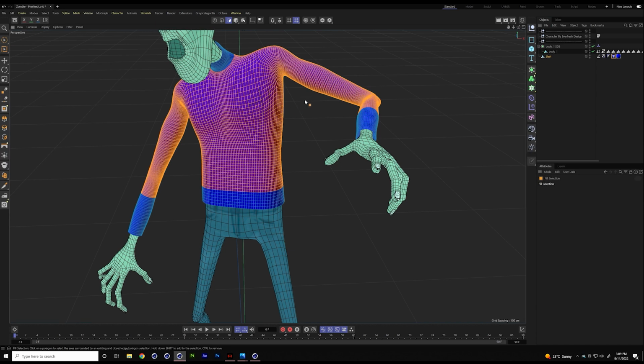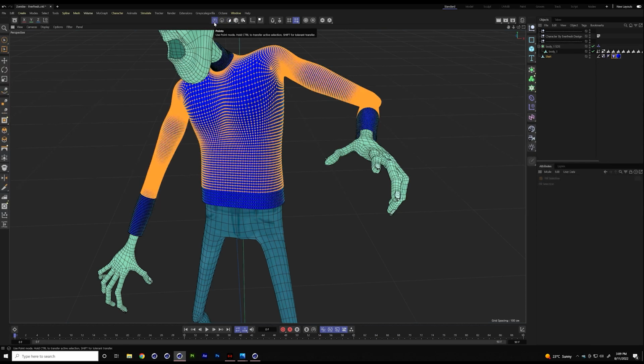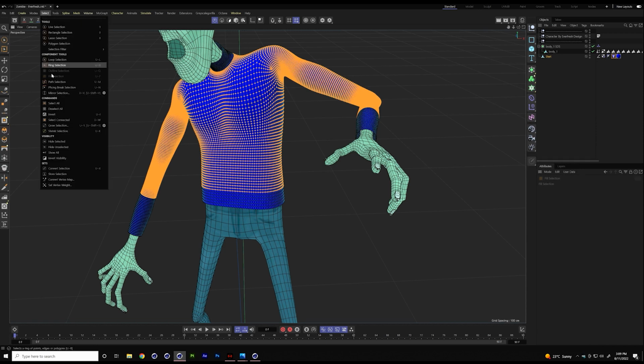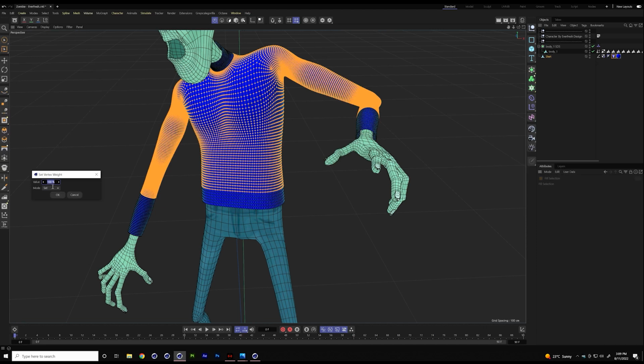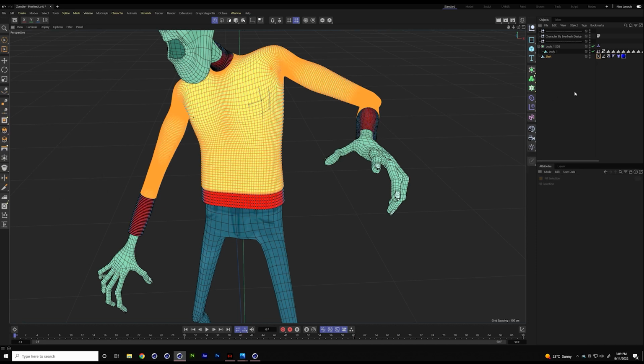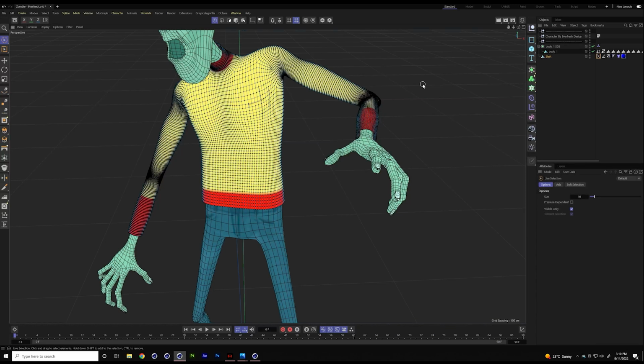How do I assign a value to these now? Well, if you control click on the point when you're in polygon mode, it converts that selection from one type to the other. And then we go to the Select menu and set the vertex weight to be 100 for the selected points. Now we see this indication of yellow, which is a value of 1, and red, which is a value of 0. And if I want to use this vertex map for something, it's sort of a point mask, so to speak, with values from 1 to 0, 0 to 1.